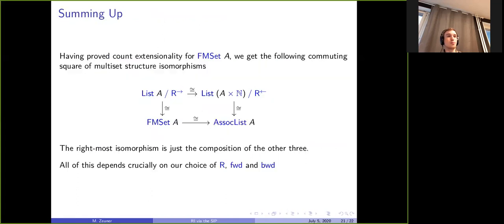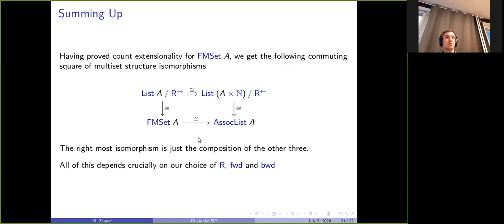But putting everything together, the picture that we get is that we have proved count extensionality for FM set. This gives us an isomorphism here, and we already established these horizontal isomorphisms. So of course, we can compose all these isomorphisms to get one here.